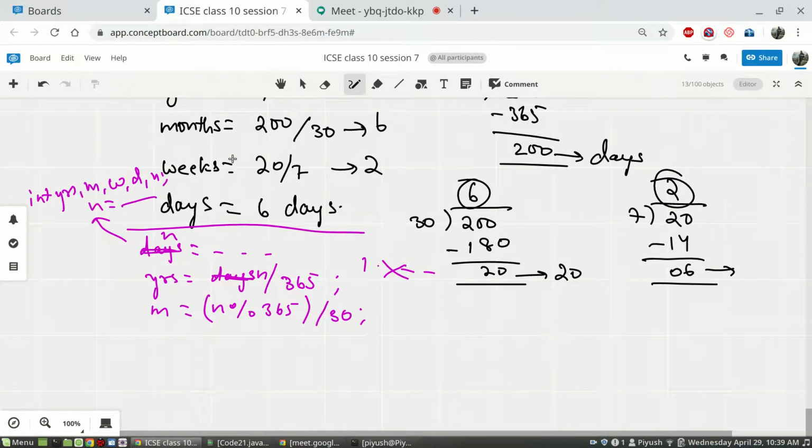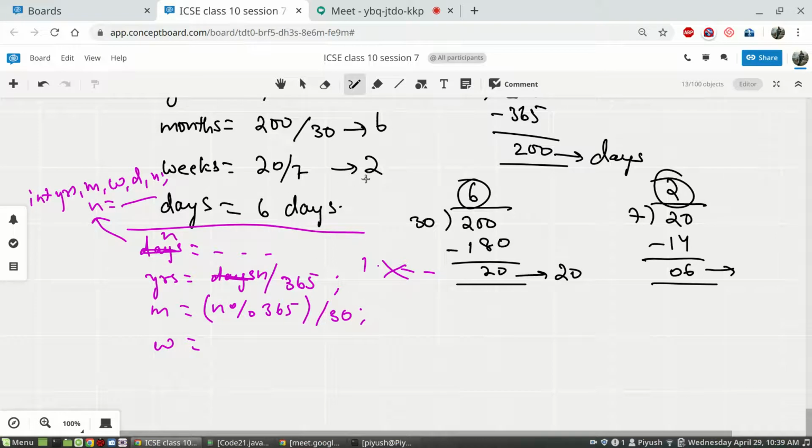Now because all the expressions involved in this are integers, this will again give you the number of months in integers. What will be the number of weeks? The number of weeks will be this entire thing.